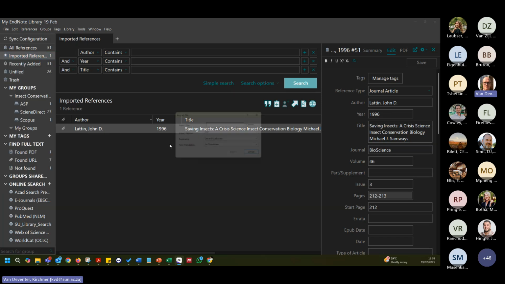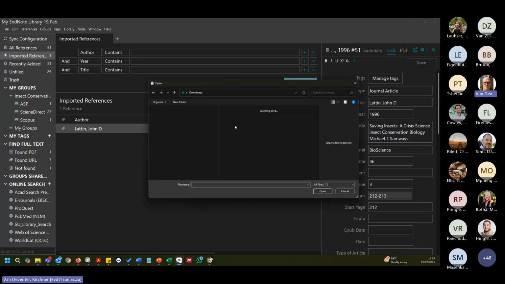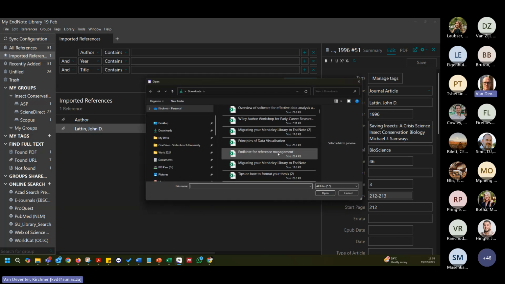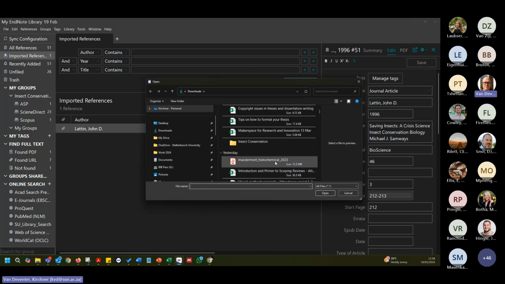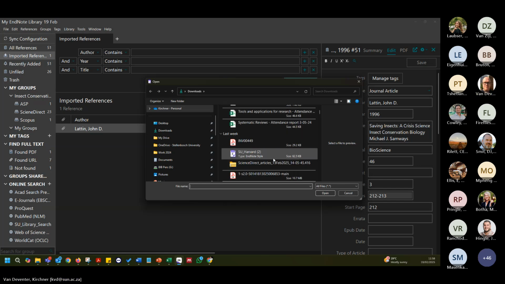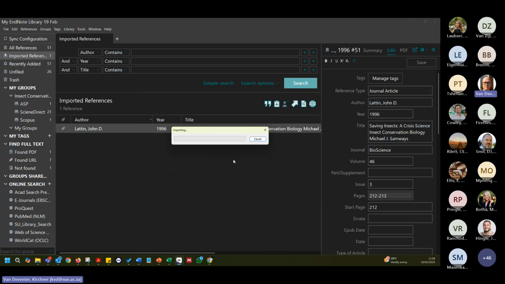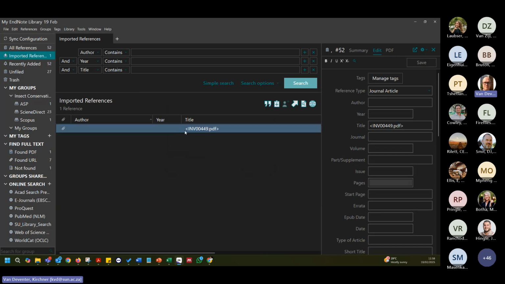I just want to show what will happen. So I'm just going to choose a random PDF here that I know won't. Let's just see. Okay, so let's use that. Now, this is personal information, so I hope it doesn't actually show anything specifically. But what you're going to get,